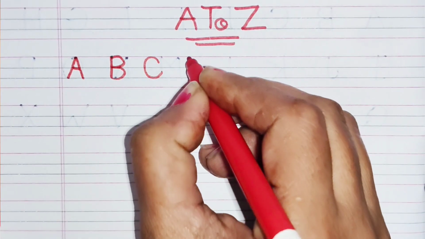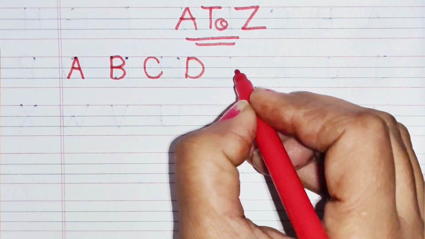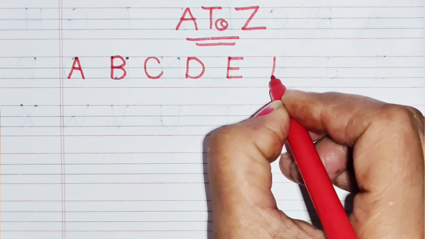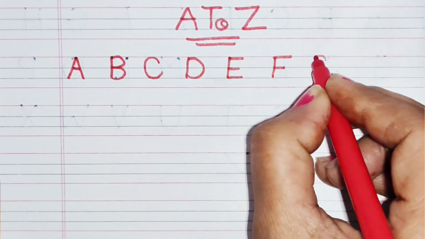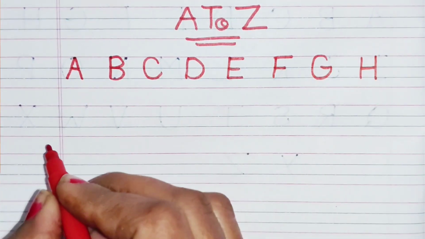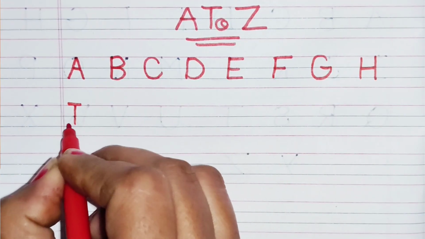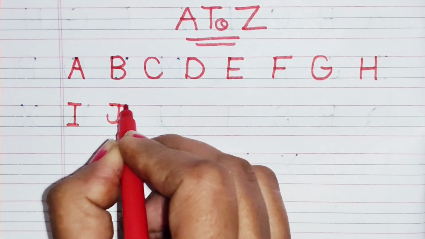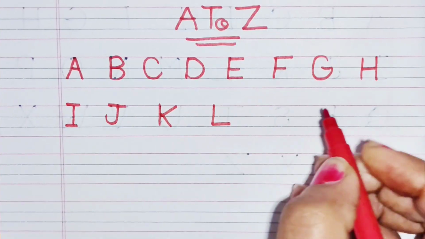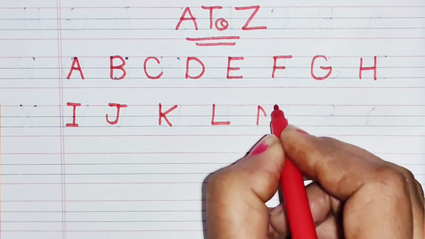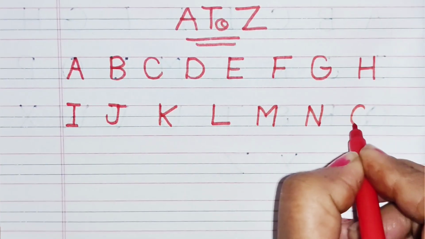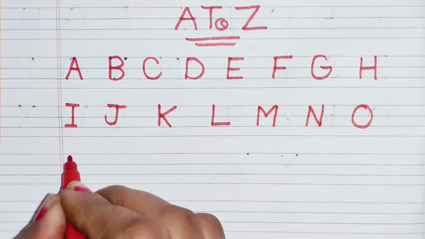C for car, D for dog, E for elephant, F for fish, G for grapes, H for house, I for ice cream, J for jug, K for kite, L for lemon, M for mouse, N for nest, O for orange, P